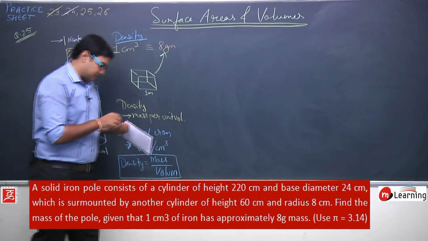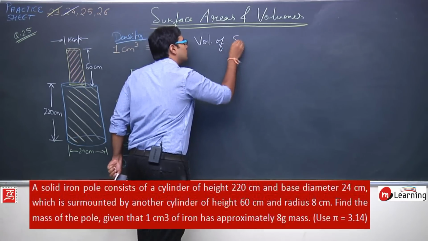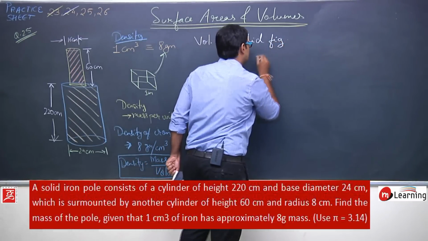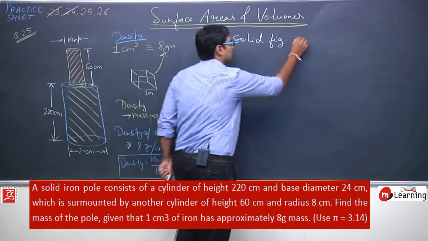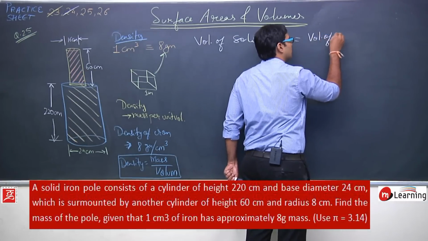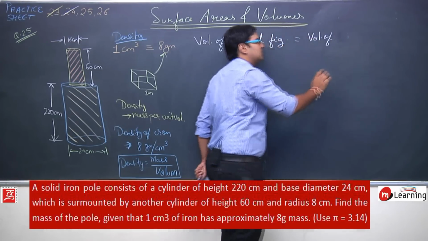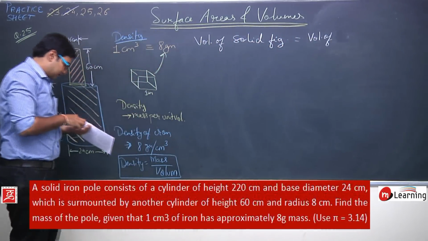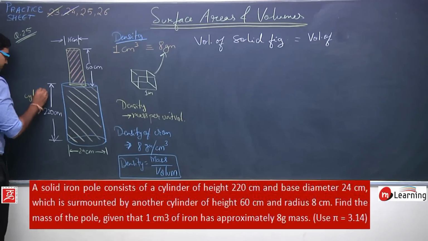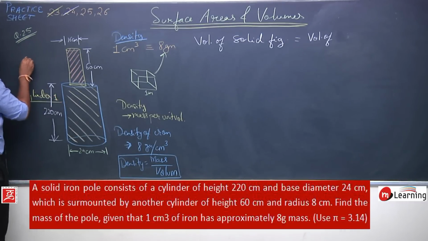So I can say volume of solid figure is equal to volume of iron, or let us name these two figures as, let us name this as cylinder 1 and this as cylinder